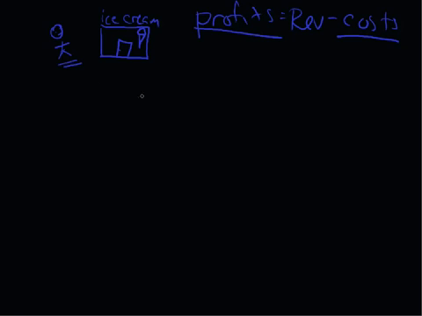Well, he hires an accountant, of course, and the accountant's going to tell him how he does it. And the first thing the accountant says is, Steve, what are your revenues going to be? And Steve thinks for a while, and he says, well, I'll be working for a month here, and I figure I'm going to make about $8,000 in revenues this month. And the accountant says, that's pretty good, but that doesn't mean anything until you tell me about your costs.